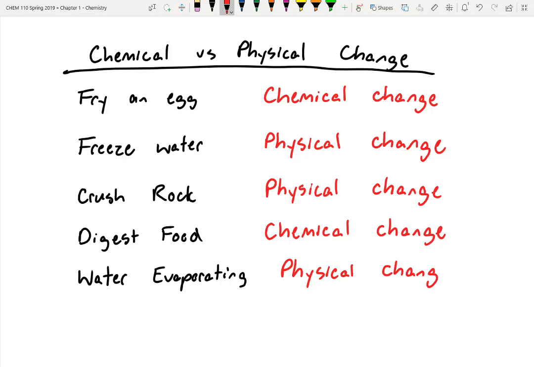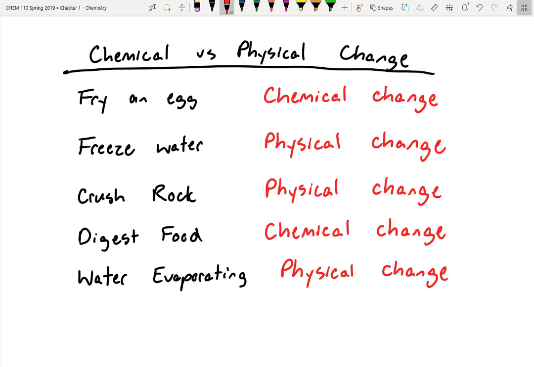So that's the big takeaway from this: a chemical change is changing one type of matter into a new type of matter. It normally involves the rearrangement of atoms, or the making and breaking of bonds, where a physical change is just changing the state of something, right? So maybe making it smaller by chopping it up, or maybe freezing it or heating it, but ultimately the material in and of itself is exactly the same, right?